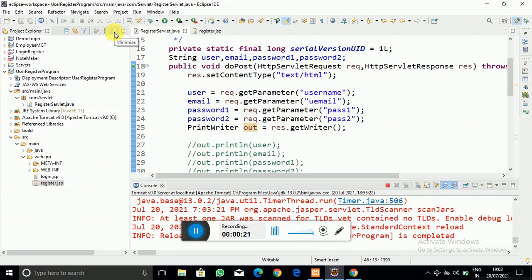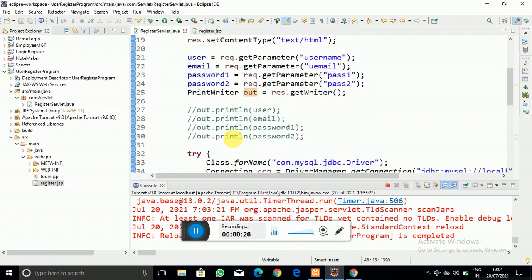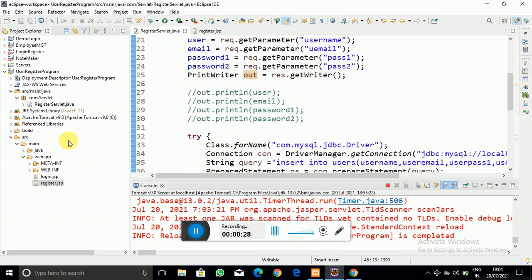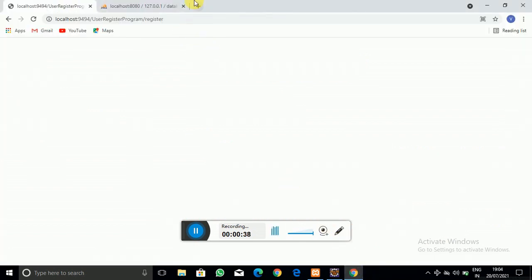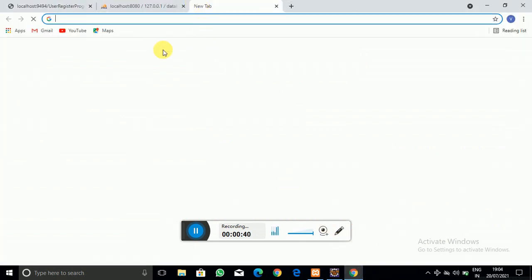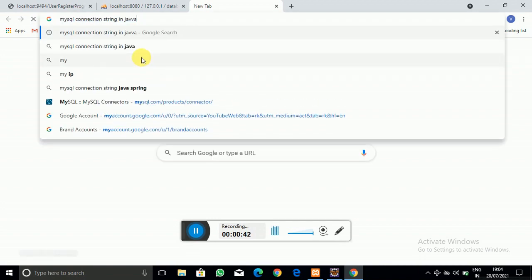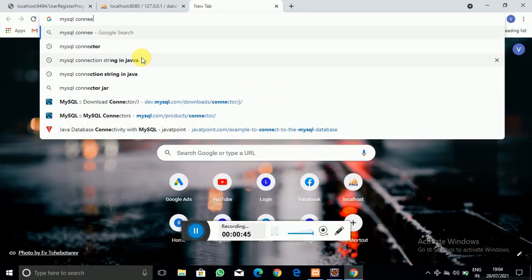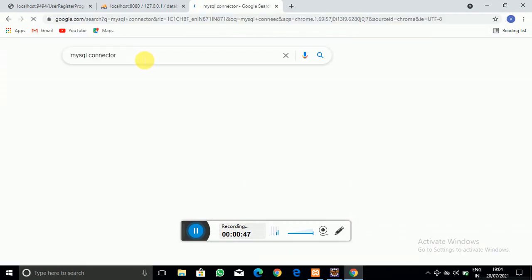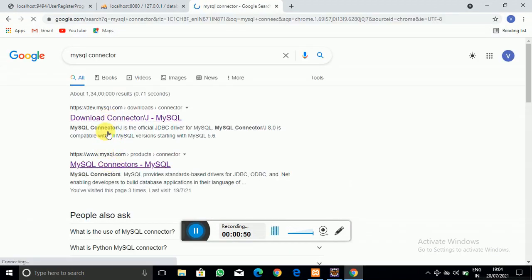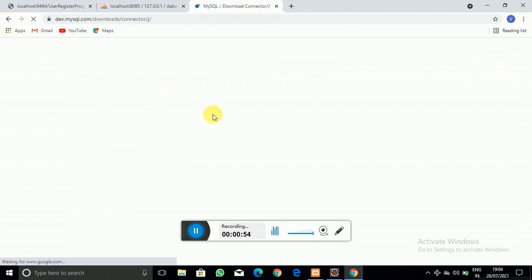We have to add the MySQL connector to our project class path. Let me show you how to add that. First of all, let me show you where to download it from. You just have to go to Google and type MySQL connector for Java, and click on the first link, and the web page appears.